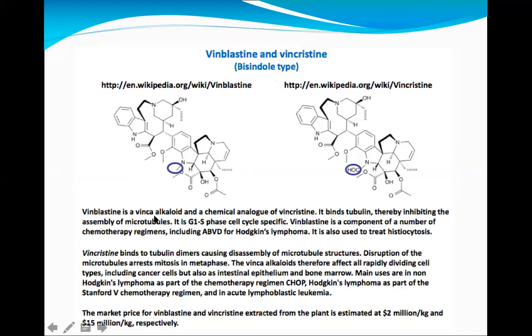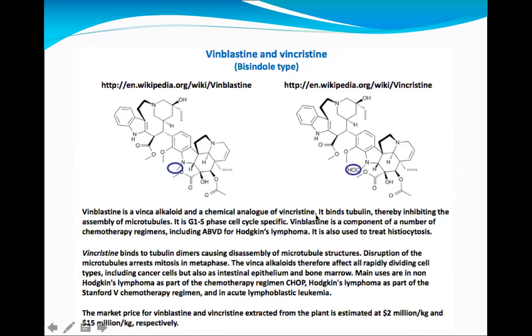Vinblastine is a vinca alkaloid. It starts from the prefix vin, and is a chemical analog of vincristine. You see both structures are the same. One is CH3, another is CHO in a certain structural part. All other parts are the same. This is why they are analogs to each other. And how do these two compounds